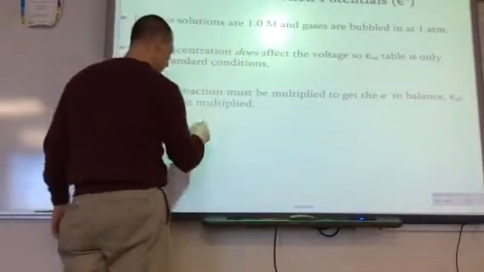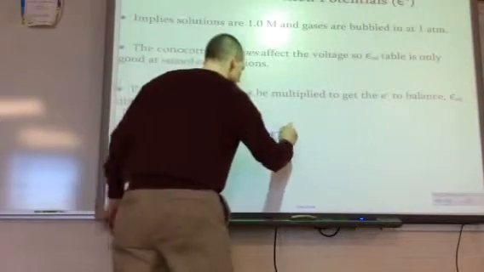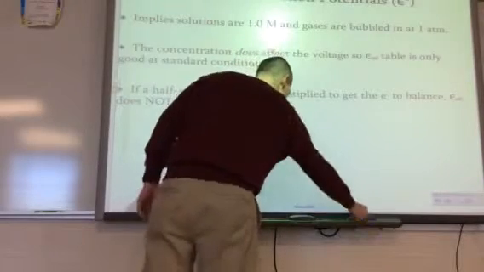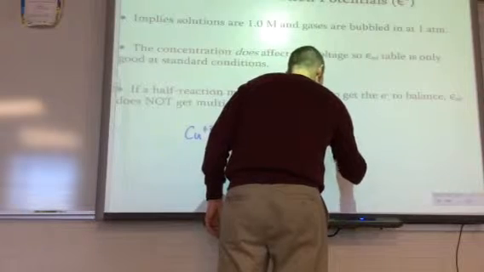I copied that equation down over here. So it's copper plus 2 electrons yields copper. And the reduction potential